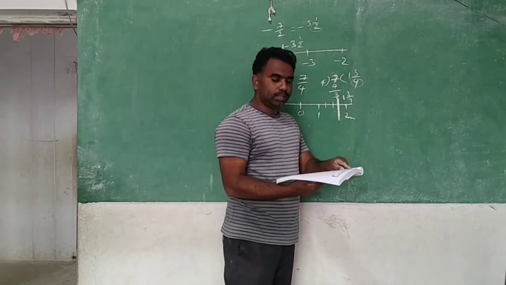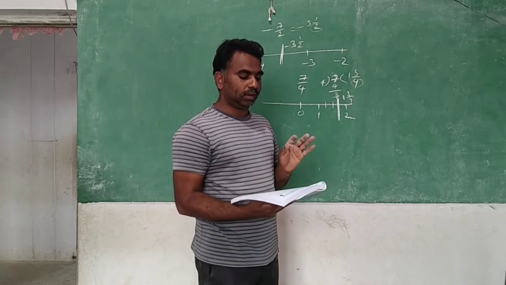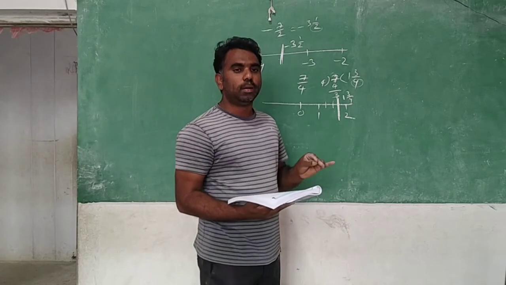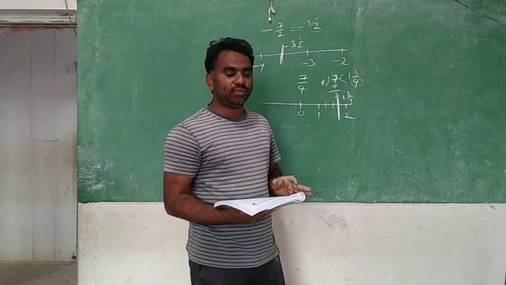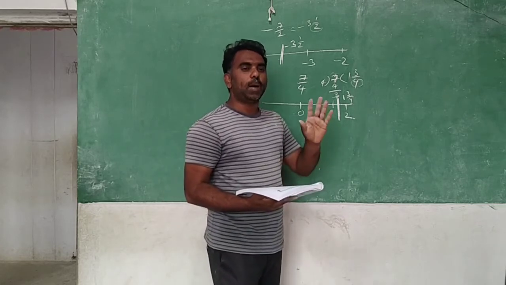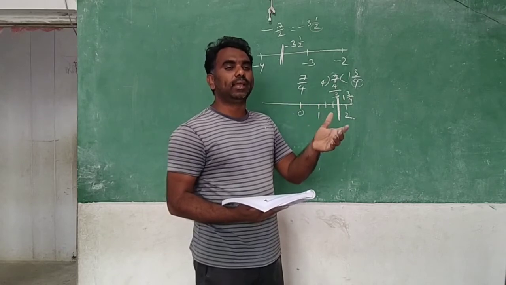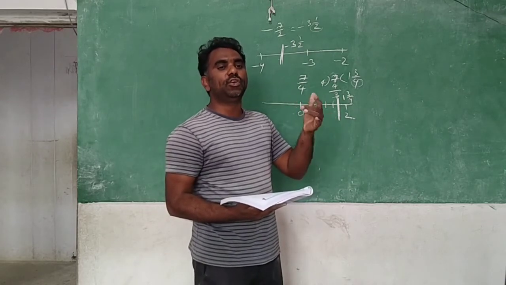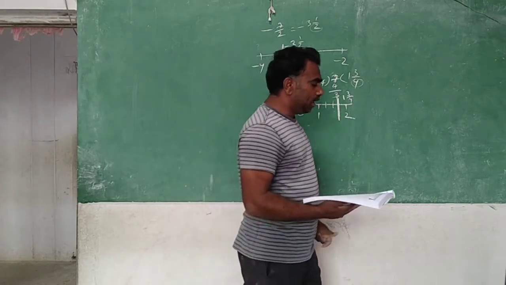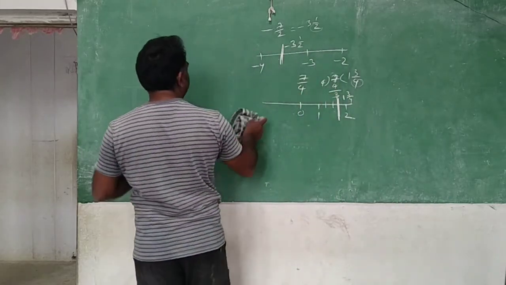Question number 1 on page number 53. There are some fractions given here: minus 7 by 2, 3 by 2, 7 by 4, minus 7 by 4, minus 1 by 4, 1 by 4. These are fractions. If proper is there, directly you can mark between 0 and 1. If improper is there, convert that into a mixed fraction. Then after you can join. Okay? Next. See the next bit, it is page number 53, second bit.